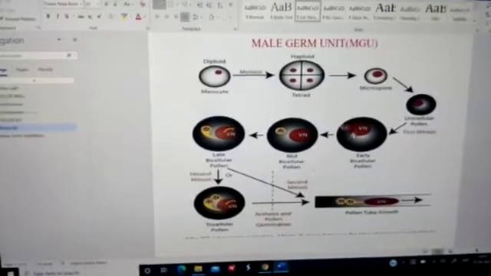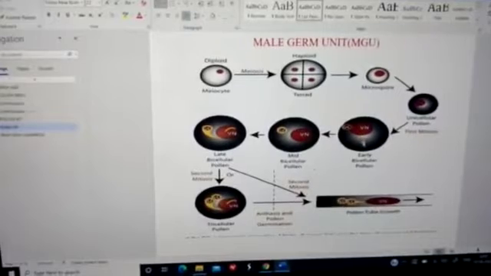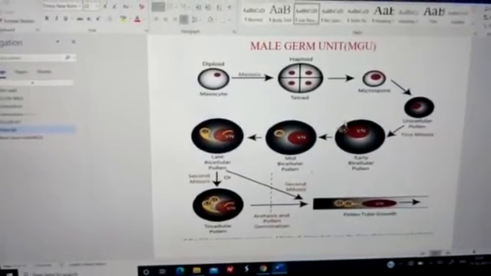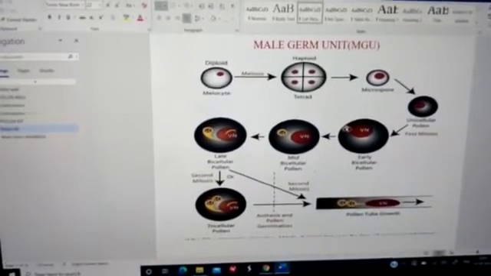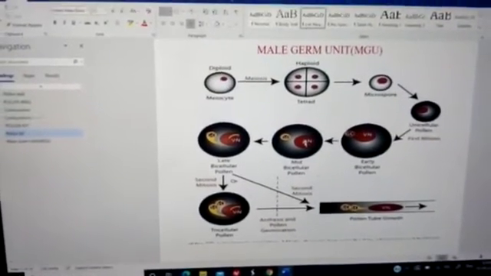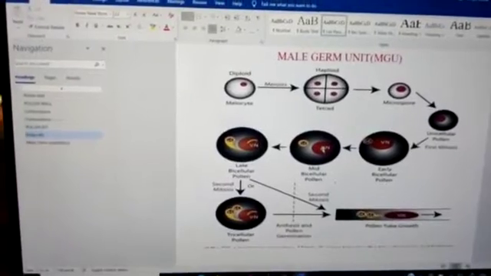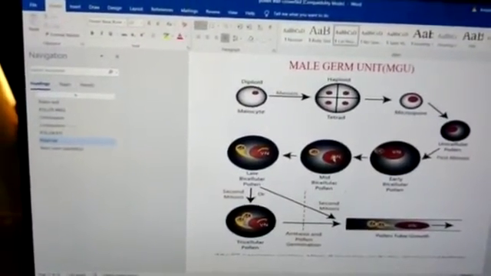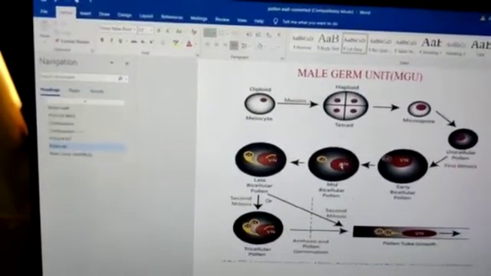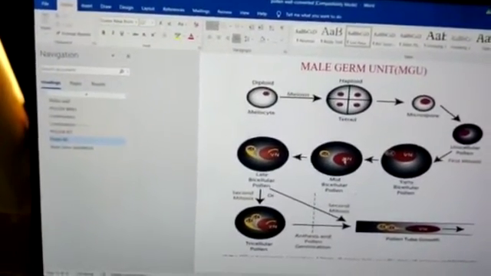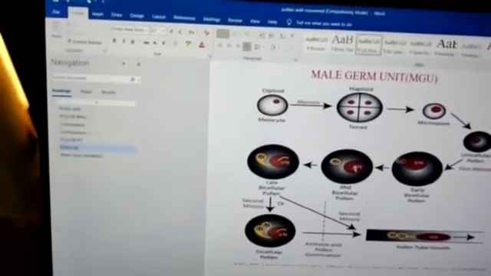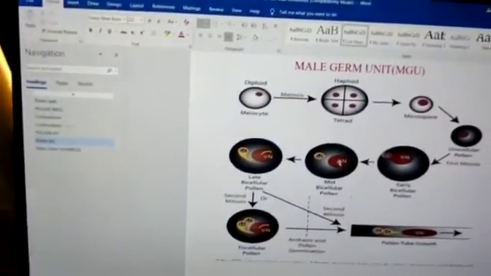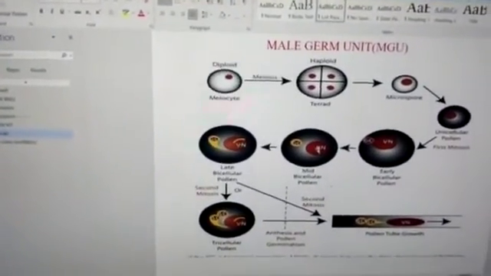And then the pollen grain divides into two cells, one larger and one smaller. One is called the vegetative cell, the other is called the generative cell. In most cases, the pollen are shed at a two-celled stage. This bicelled stage means the vegetative and the generative cell. The vegetative cell is larger and the generative cell is smaller, and afterwards it may complete its further development on the stigmatic surface.